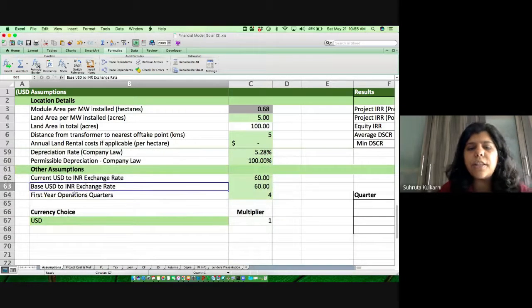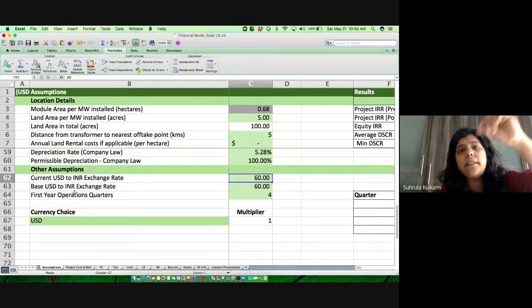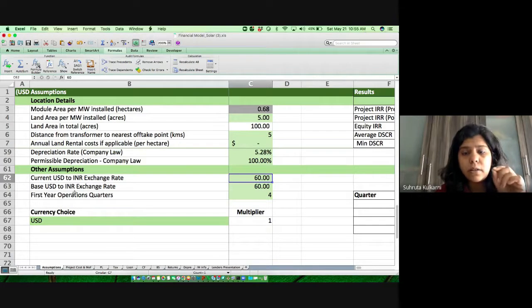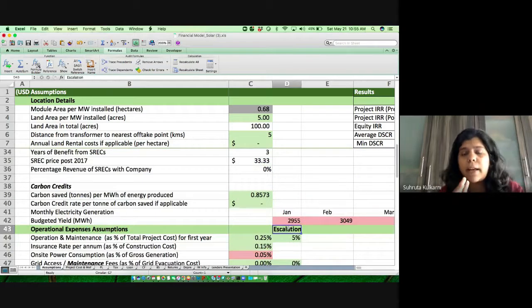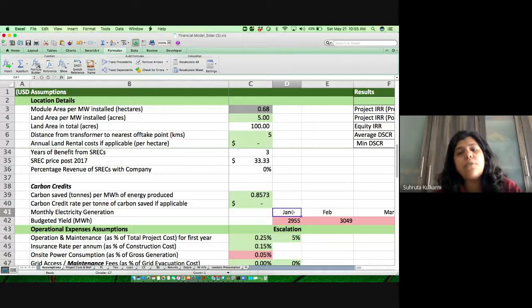So this is for my exchange rate. Anything in this model that has to do with the revenue figure, I have linked to the exchange rate input, so that I don't have to worry whether it is in dollars or in rupees. Here itself I can see and figure out what this is in. I have put it in rupees because my contract is with an Indian distribution company, which is in rupees. But I have a facility to convert it to dollars if I'm going to show it to, say, European banks, US banks, whatever. So I have that option.